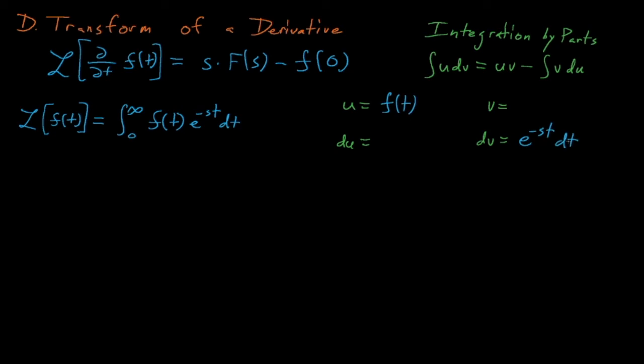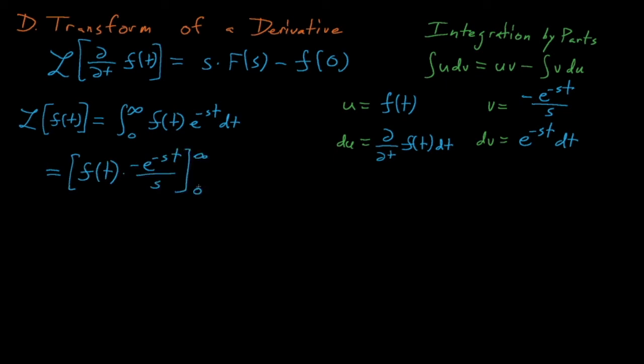implies that du is equal to d/dt of f of t, and v is equal to negative e to the negative st over s. Our uv term is equal to f of t times negative e to the negative st, all divided by s, evaluated at time t equals infinity and t equals 0. While our second term is equal to the integral of d/dt of f of t times e to the negative